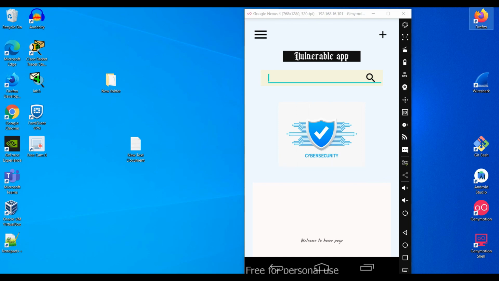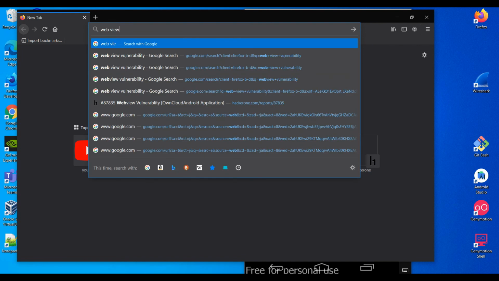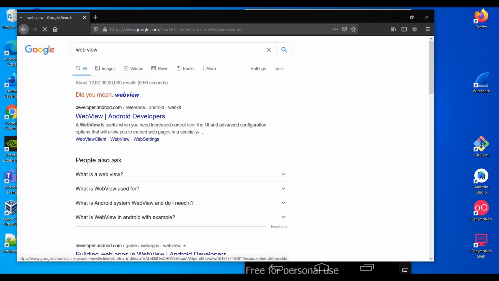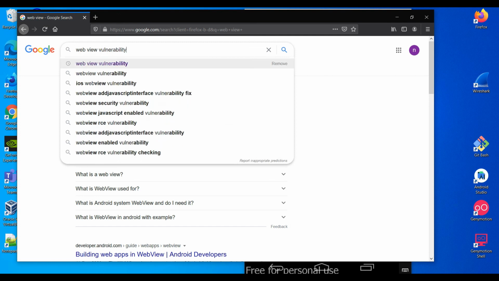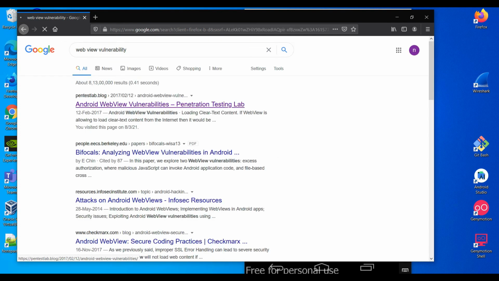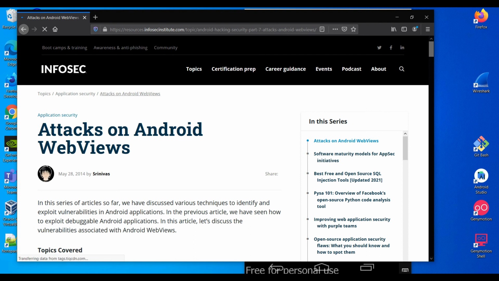And you can see there are many kinds of WebView flaws available. This flaw occurs because we are enabling JavaScript, right?